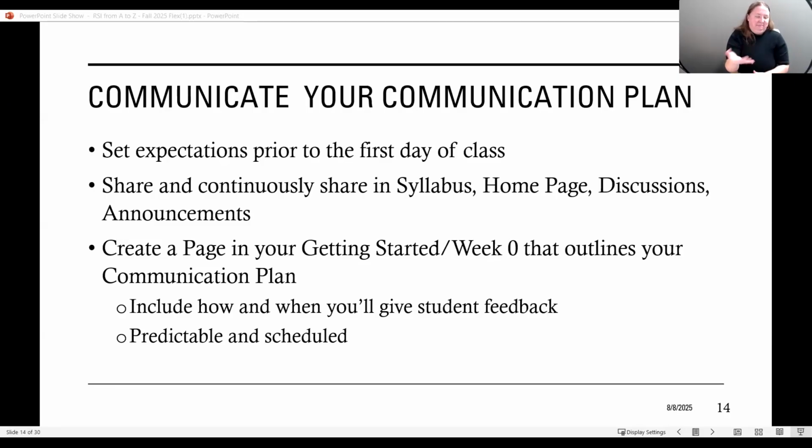So if you can focus your time more efficiently on some of the RSI practices, and not so much on other practices that aren't going to get us anywhere in RSI, that's our goal. So you're not spinning your wheels doing all these other things that don't necessarily count for accreditation. Hopefully that helps a little bit.